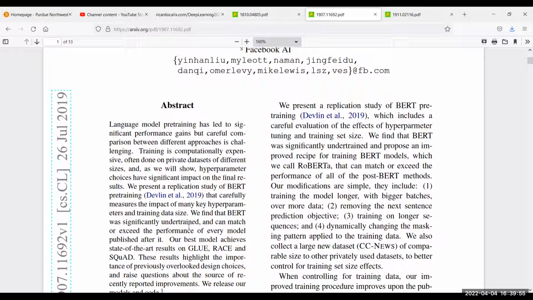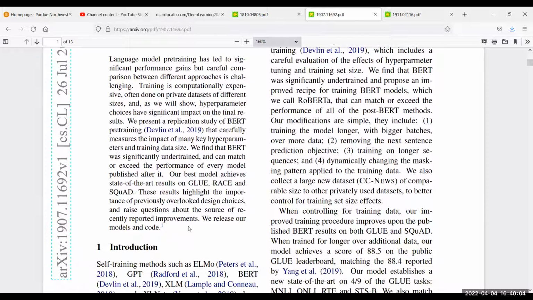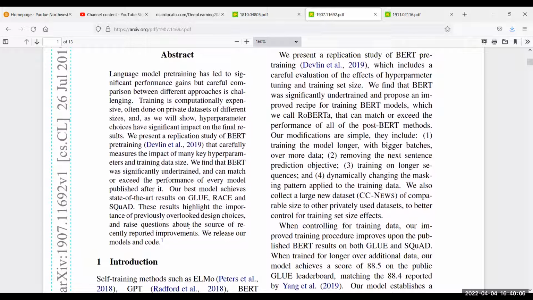They are basically very similar with a few modifications. So one of what they wanted to do is basically play with the parameters a little bit more, give it more data, etc. If you look at their conclusions, they say,